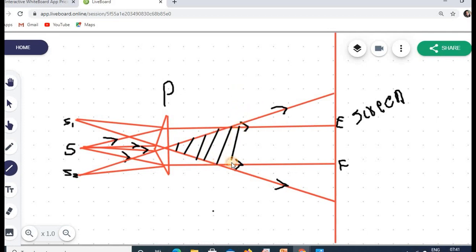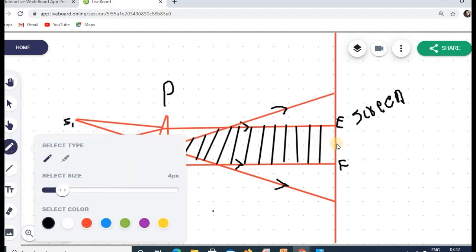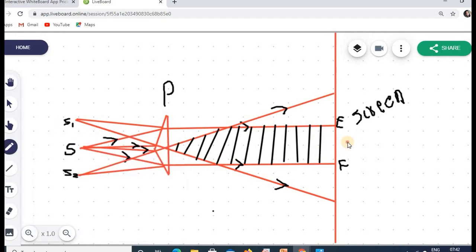In this region both the lights interfere, and you can see the interference pattern. Okay, and I can mark the center of the screen